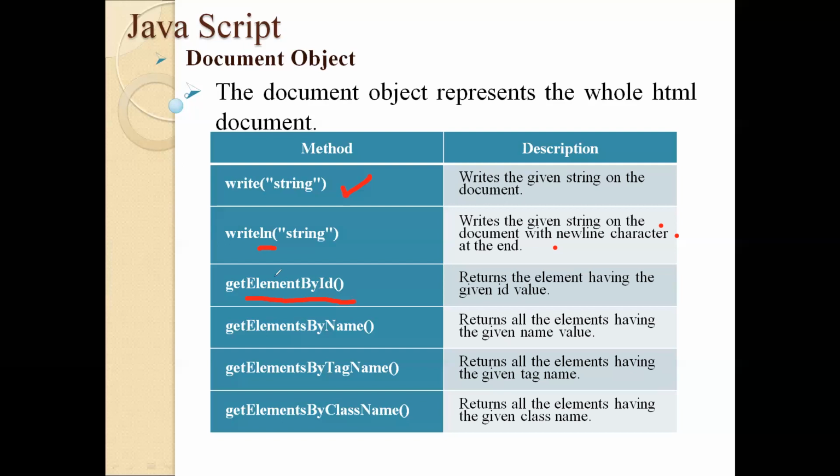So I don't want to talk about all the examples and any other things related to that one. Just see the name of the method and let us discuss the description of the method. So get element by ID, right? It returns the element having the given ID value, right? And there we have used an ID name called demo, right? So this particular method will return the element with the name demo in that particular program. So the same thing here, this particular method returns the element which is having the given